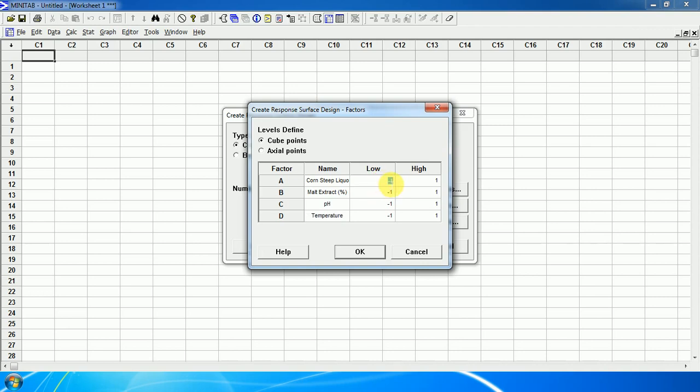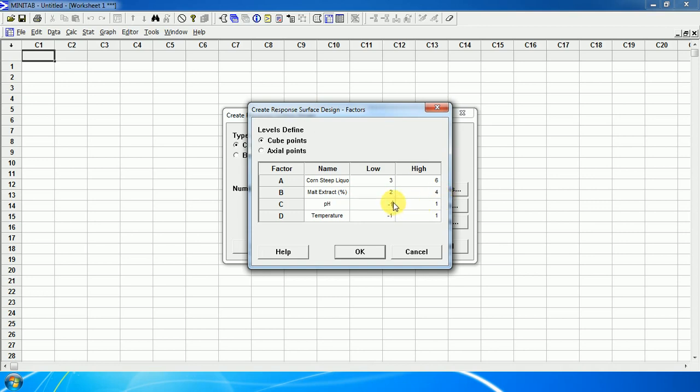Then we will define the lower and higher values. For corn steep liquor, we will define 3% as the lower value and 6% as the higher value. For malt extract, we will define 2% as the lower value and 4% as the higher value.